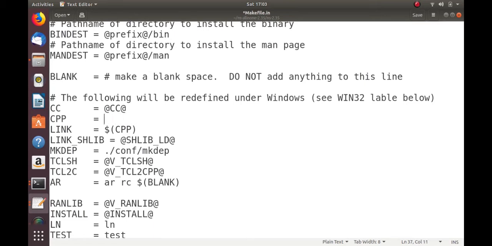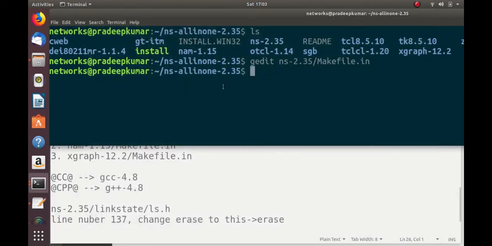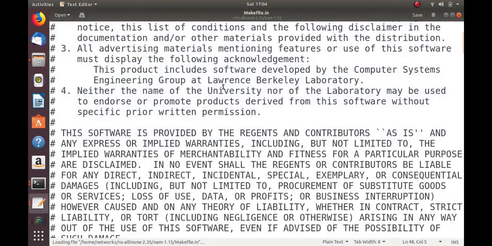So what we can do is change this to g++-4.8, and the top line will be gcc-4.8. That is the first change, and don't use any blank space like this. No blank space is to be included, because the makefile will give an error here. Okay, so the first file is done. The second is gedit nam-1.15/makefile.in.